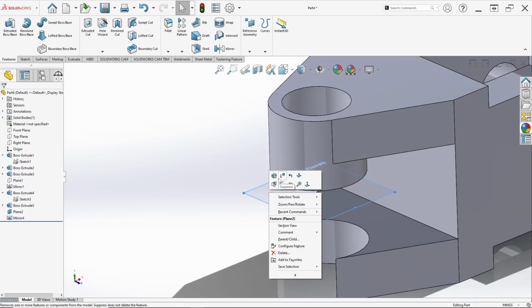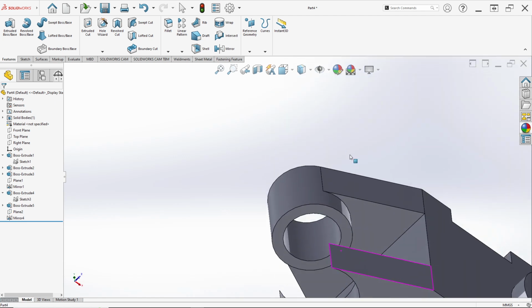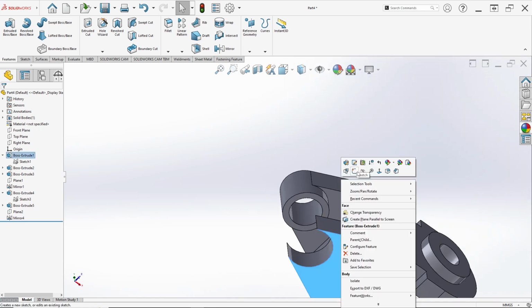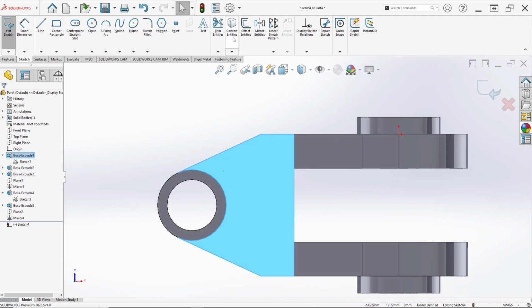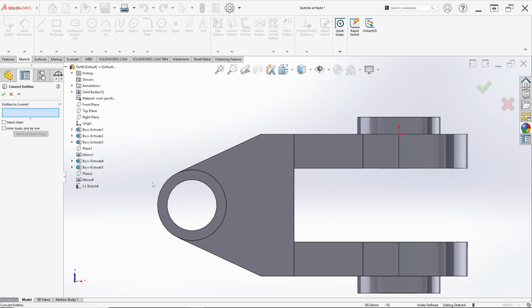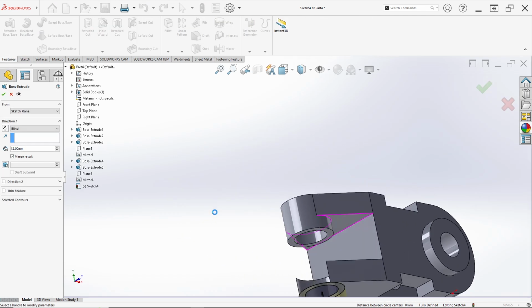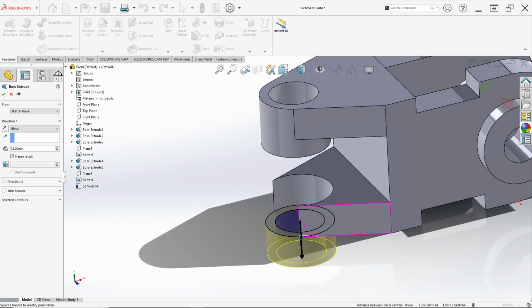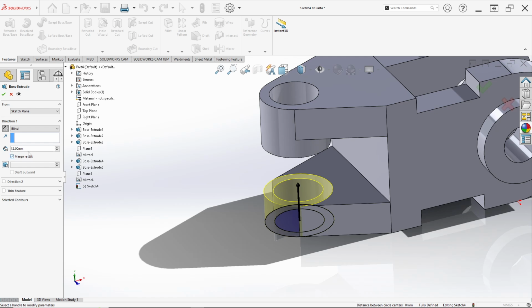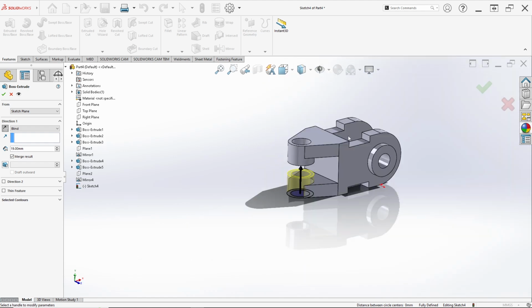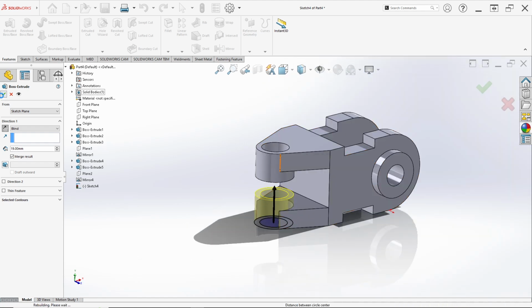And we can hide plane 2 and we can hide this face. Just click and click sketch again and convert entities this circle and this circle or this edge. Just click, go to feature and extrude boss. For direction we can do it first, and the depth or thickness is 19. Okay, like this, like the first step. Just simple like this, and just click OK.